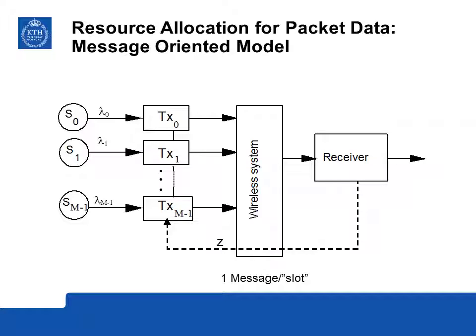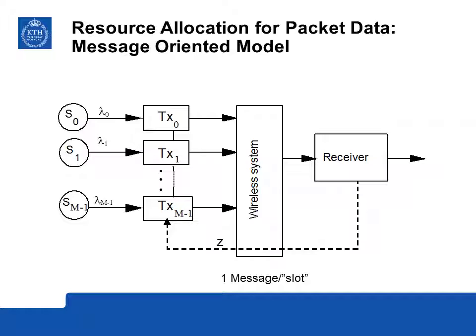The basic model for a message-oriented multiple access system that we'll use throughout the lecture is the one that we introduced in the previous seminar. On the left-hand side in the graph we see a number of sources S0 to Sm-1 that generate messages that are forwarded to the transmitters TX0, TX1, TX2 and TXm-1. These transmitters can store several messages waiting for transmission over the wireless system. The transmitters will decide when and how to transmit the messages over the wireless system to reach the receiver on